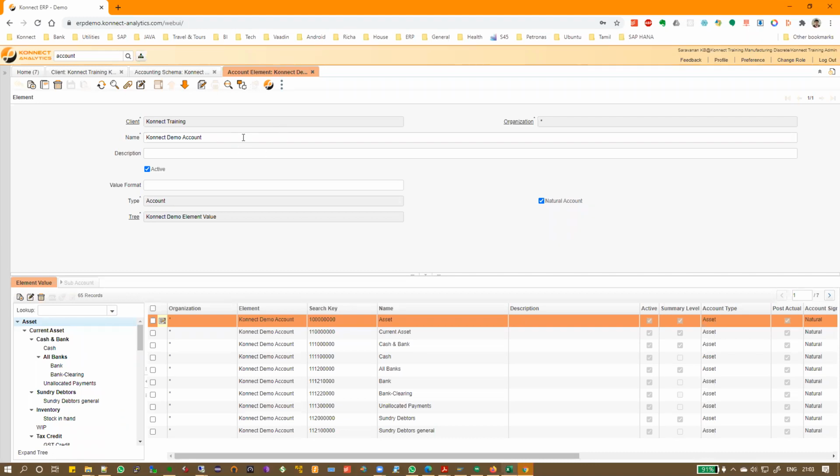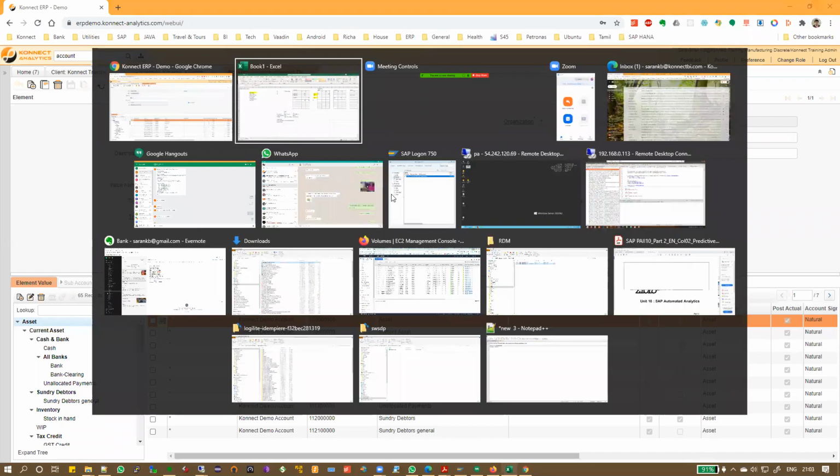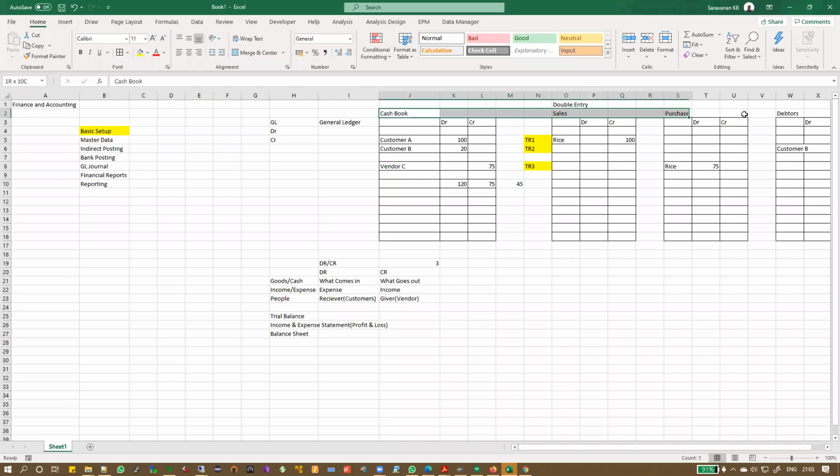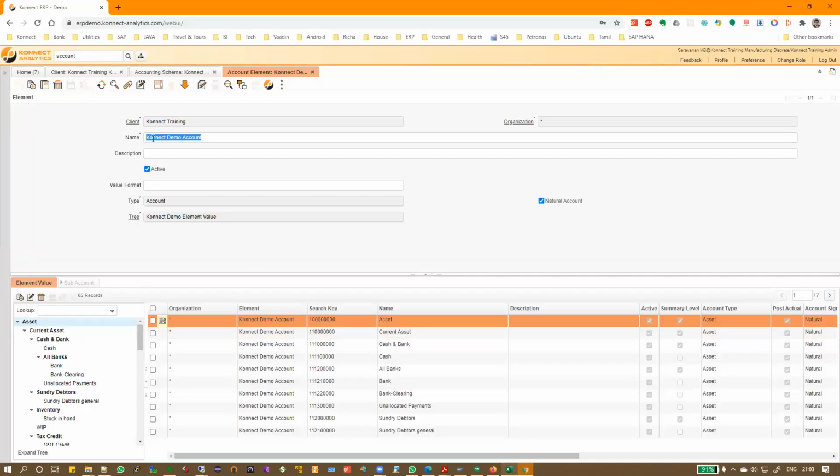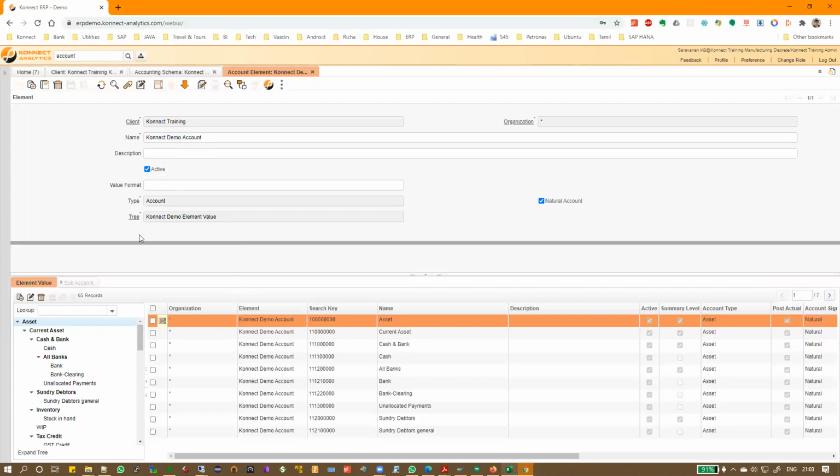So what is this chart of accounts? The chart of accounts is nothing but it just defines these ledger names and categorizes them as whether they are an income statement or balance sheet. So let's look at it. This is the chart of accounts. I'll just give a name. Type and all is already here.